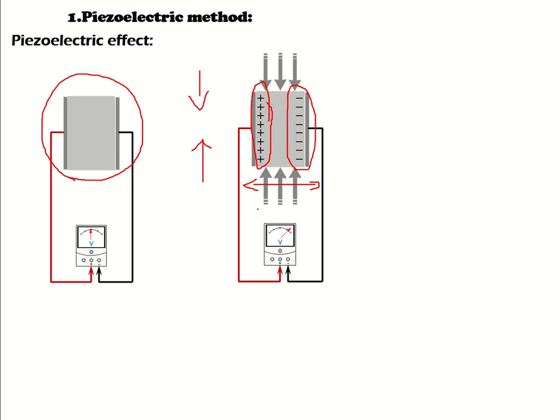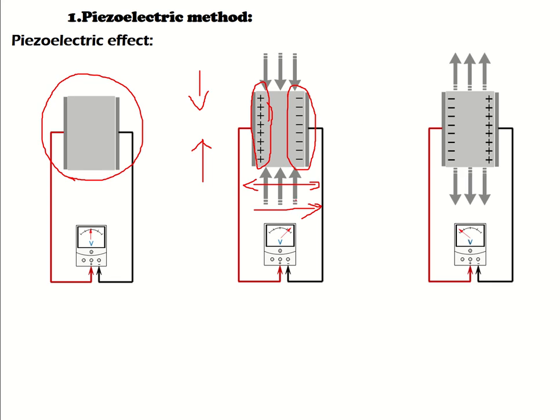So the generated electric field is directed like this, and we can say that EMF, voltage, is generated. If we change the direction of force, means instead of compression, now we apply tension in the vertical direction,